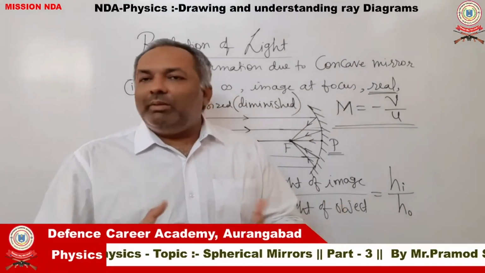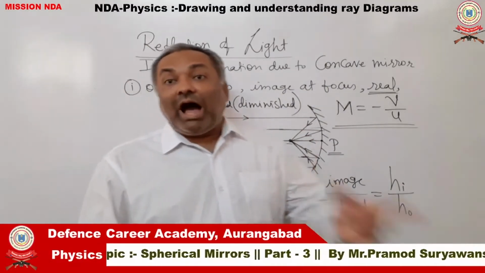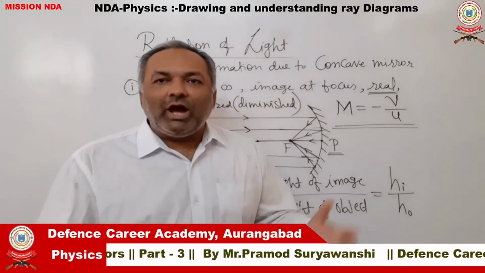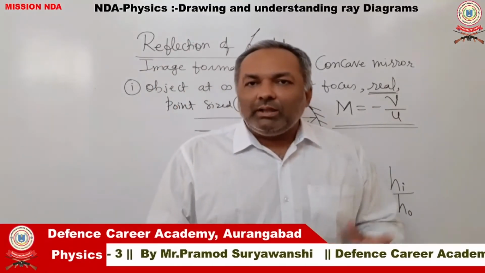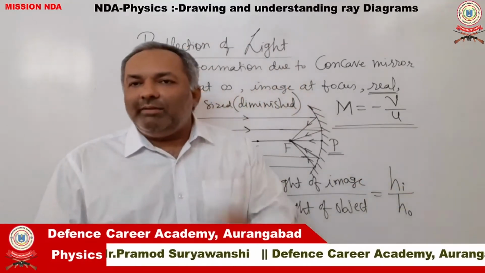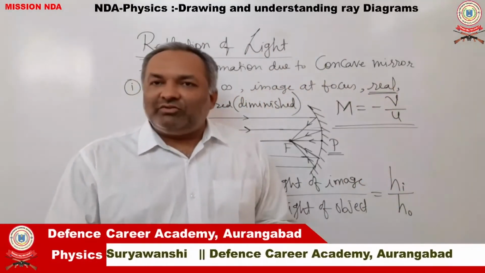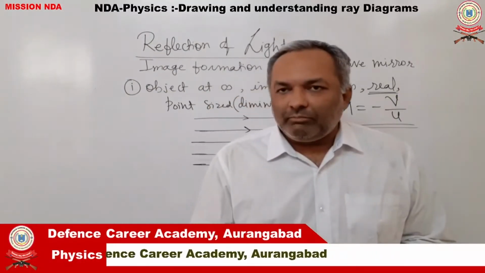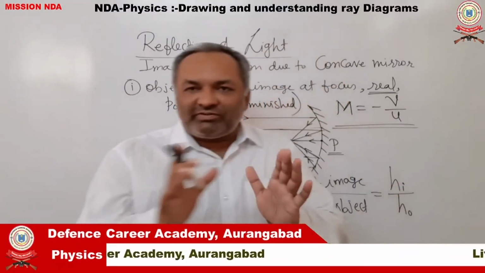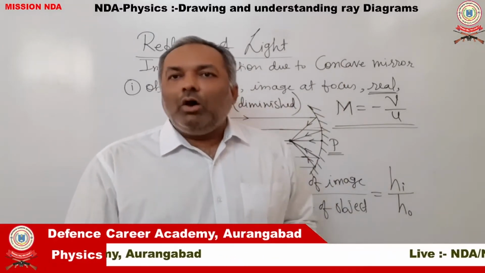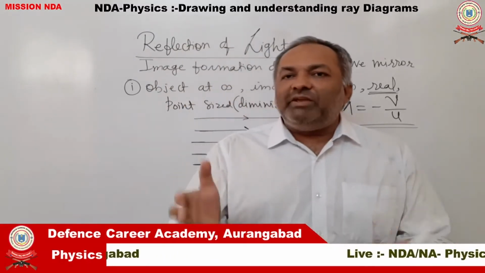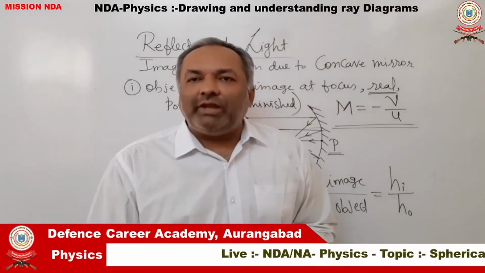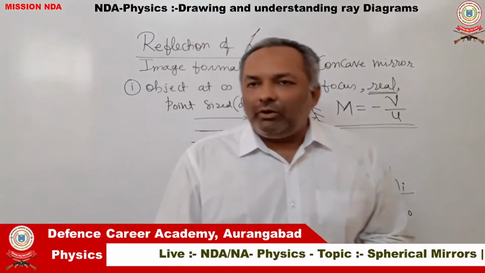Maybe reflection or maybe refraction, it doesn't make a difference. If after that phenomenon, rays of light are convergent in nature, they are all intersecting at a point, then you always obtain a real image. This kind of image, the real image, can be obtained on a screen. It could be a proper screen with a support and a stand, or it could simply be a piece of paper or a page from your notebook. On that kind of screen, a real image can be obtained, or we can say projected.